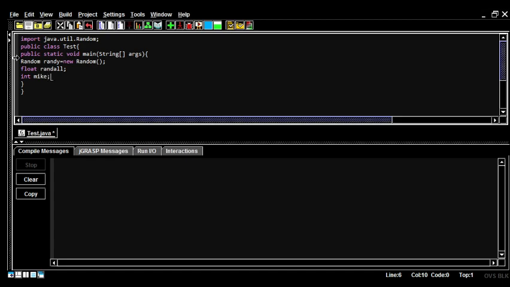And above that, we have float space Randall, and then ending both lines with the semicolon in good programming practice. So we're going to say here that Mike is equal to Randy, our random number generator, dot nextInt, which is next all lowercase, capital I, lowercase nt, open close parenthesis with nothing inside them, semicolon,